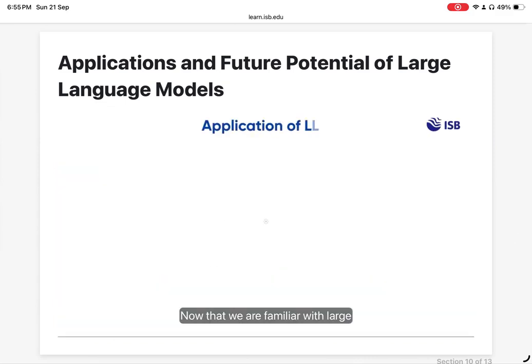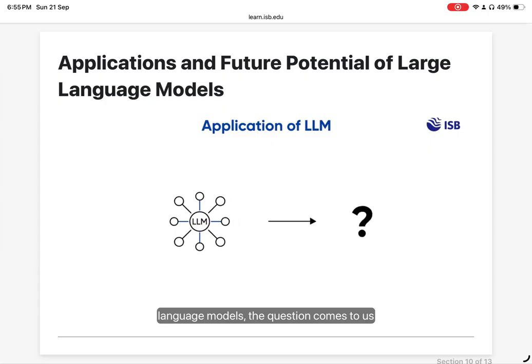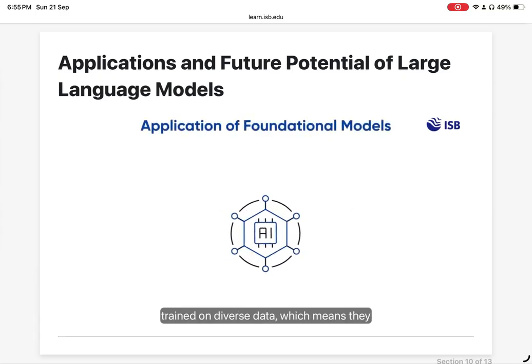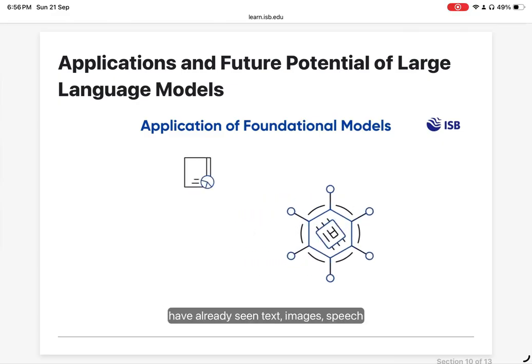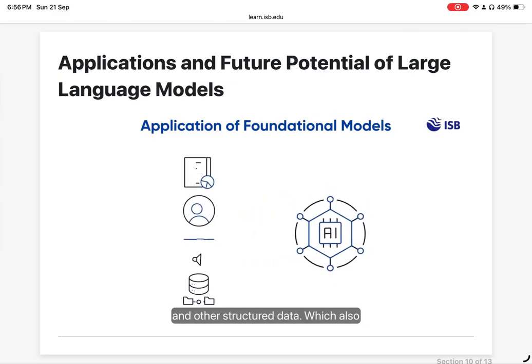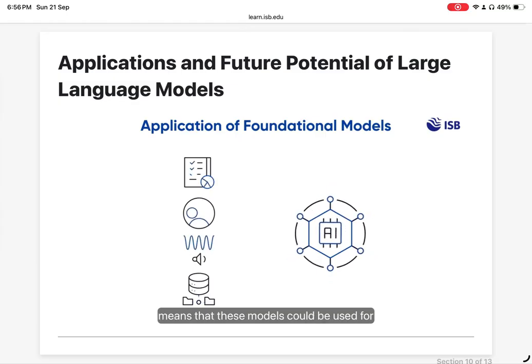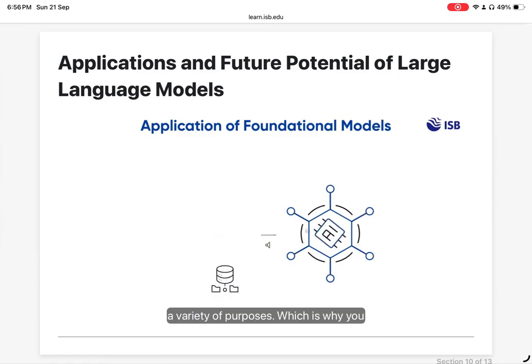Now that we are familiar with large language models, the question comes to us as, where can they be used? Large language models, which are often called foundation models, are trained on diverse data, which means they have already seen text, images, speech, and other structured data. Which also means that these models could be used for a variety of purposes, which is why you see that